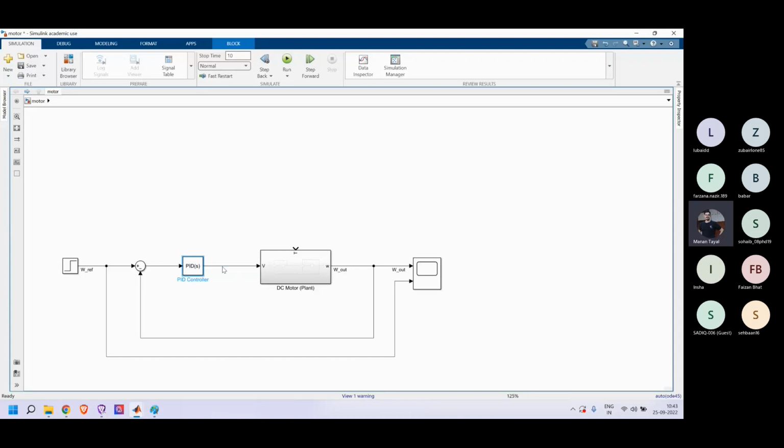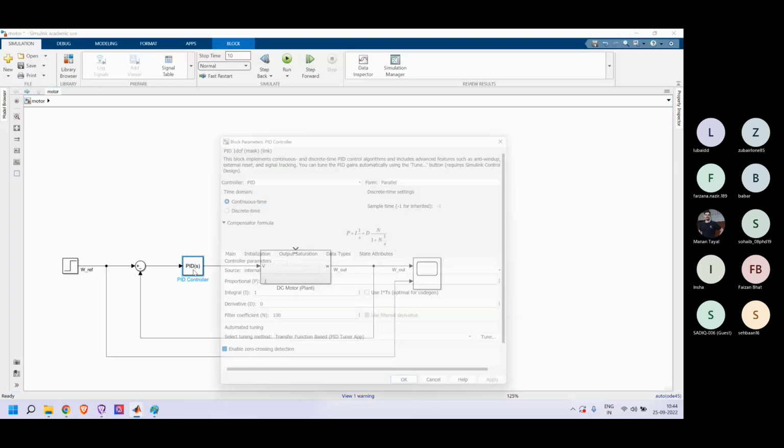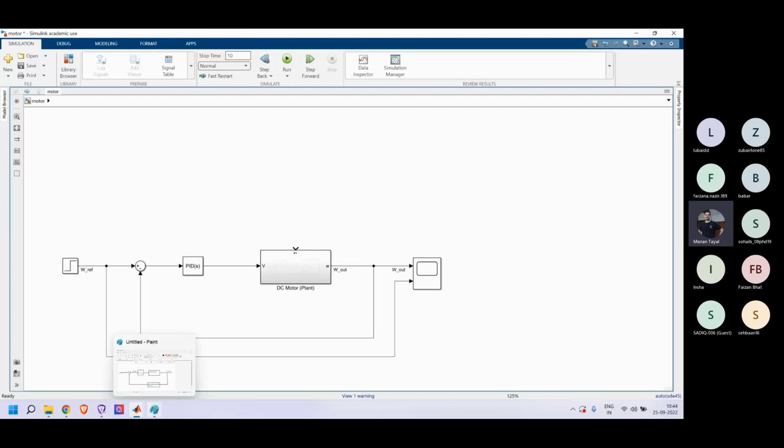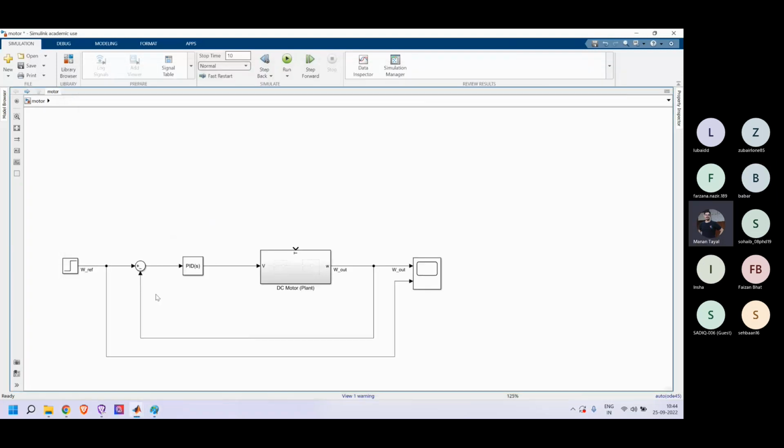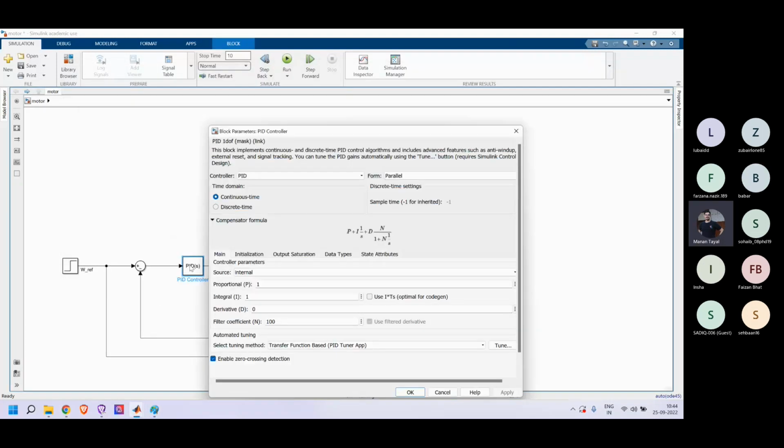So if you can see, this PID controller has everything in this box again, and it looks a bit less clumsy and more like a classical control setup. If I double click this PID controller, we'll see that there is a proportional gain which I have to put, an integral gain and a derivative gain,